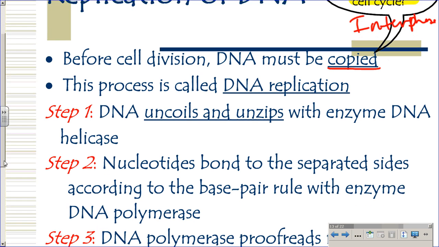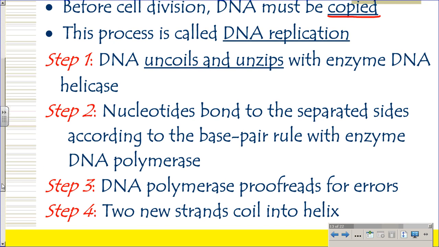All right, step 1. I have abbreviated this on the board. The DNA, the double helix, has to uncoil and unzip. So we have one strand of DNA and another strand of DNA. Unzipping means the DNA nucleotides are no longer attracted by those bonds. What were those bonds called? Hydrogen bonds. Okay, so those hydrogen bonds have been broken. So uncoil, unzip.